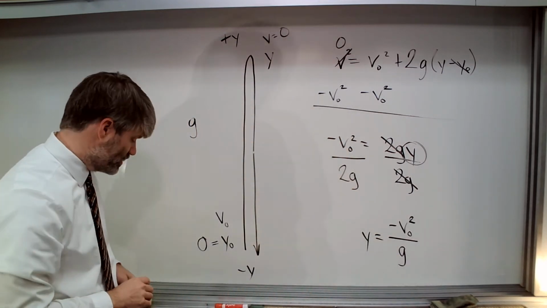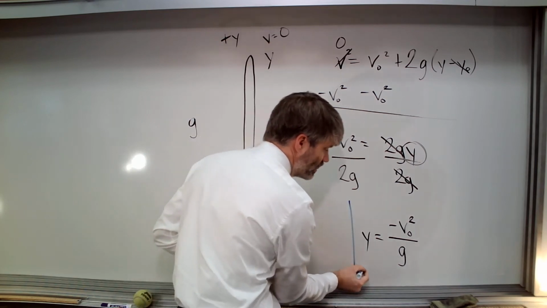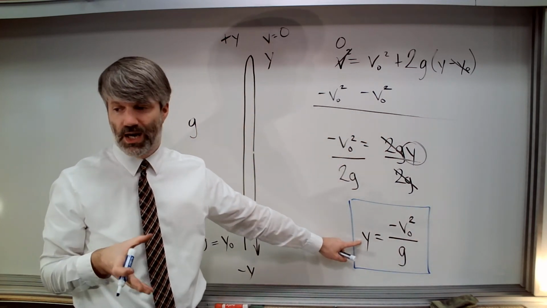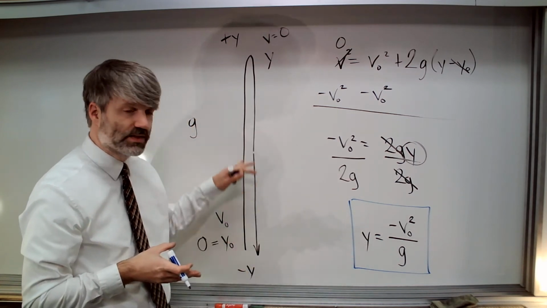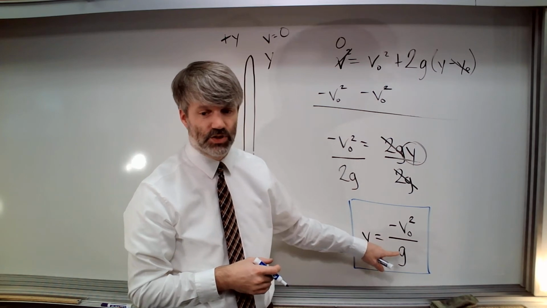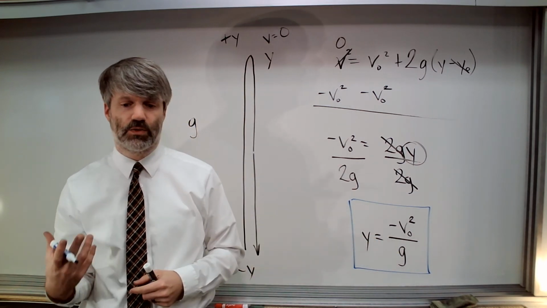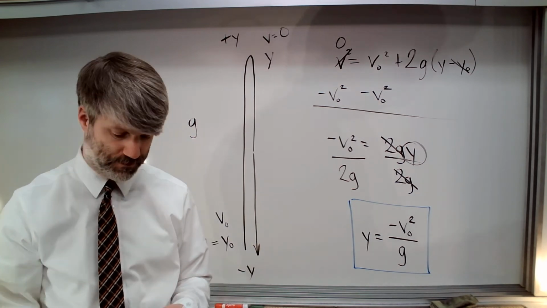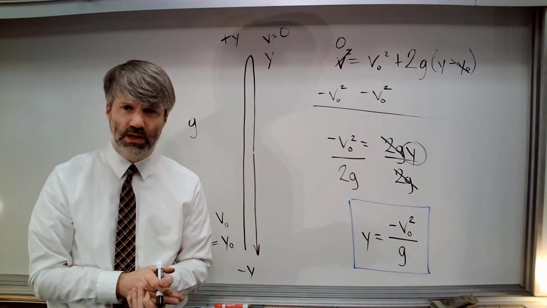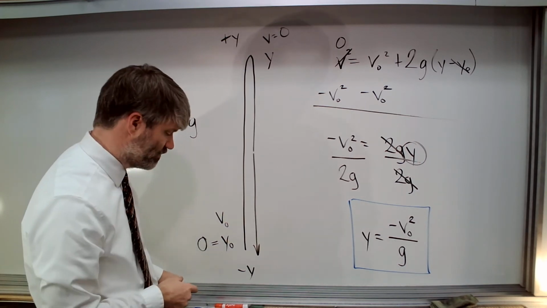Now, this is not yet the value that we're looking for. Remember, this is y, which is the maximum height above the ground that this object reaches. And in terms of v0 and g, this is what the maximum height is. Like I said, this is our basis for comparison. So now, we have to go back and find out, okay, at what height, we've got a new height for y,